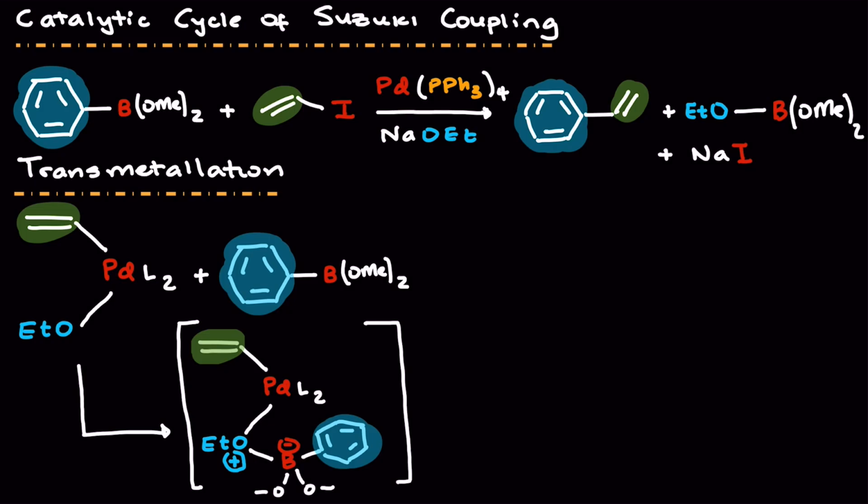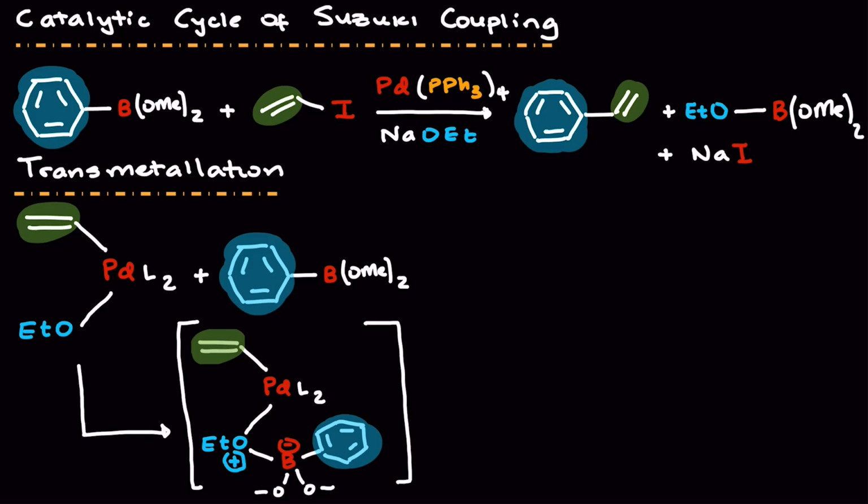As such, there is a strong affinity for our organoboron compound to actually form a bond to the ethoxide group that is already bound to the palladium. And notice that we now form this zwitterionic species where our oxygen on our ethoxide gains a positive charge,